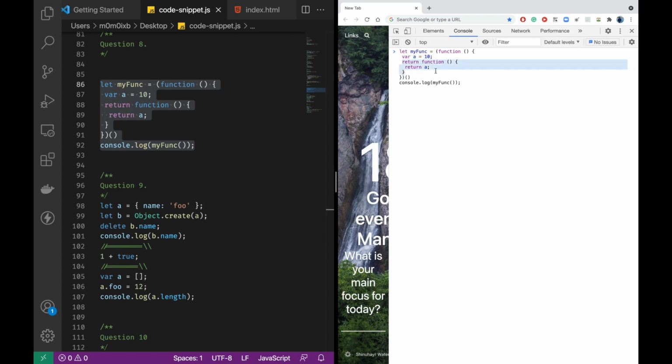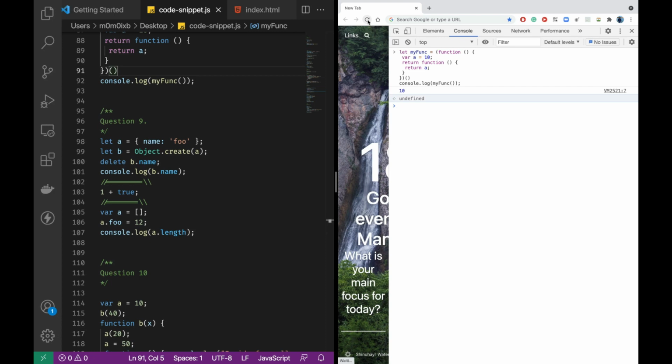So basically this function is getting returned, and we are storing it in myfunc, and we are calling myfunc here, even though it's not inside the scope of that IIFE anymore. It is outside of that now, but it still has access to that a. That is what the closure is. Even though it's no longer inside that, it still holds a linkage to this variable called a. It's still holding it in the memory, and it has access to it. So when we run myfunc, which is nothing but this function, it will return 10. So when we do console.log, it will print 10. So that's what it's printing. So it was basically related to closures.